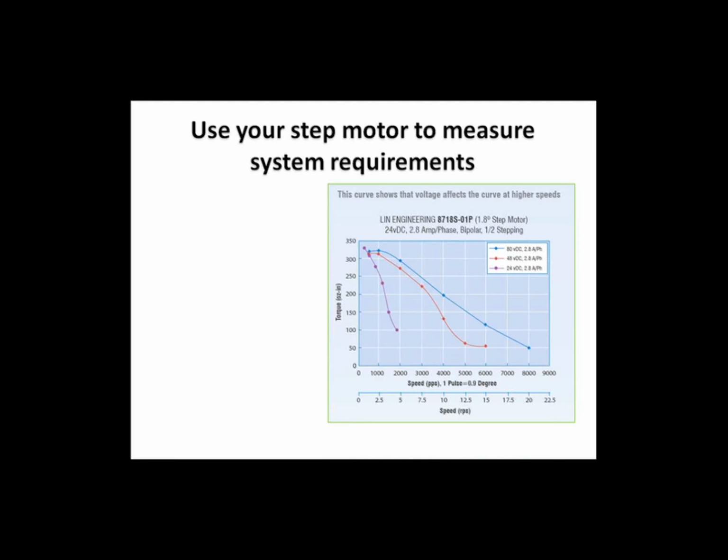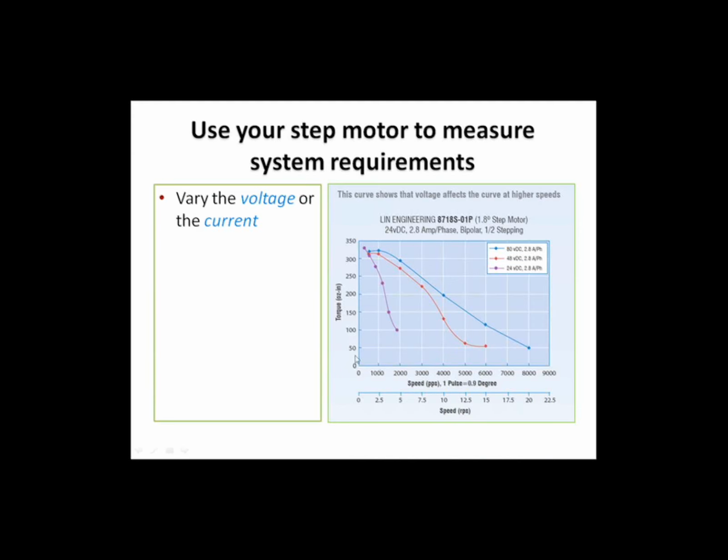What we do is you take a motor that's in an existing system, and you increase or decrease the voltage and current. You want to change only one or the other. Now what happens is when you do that, if you look at the torque speed curve on the right-hand side,